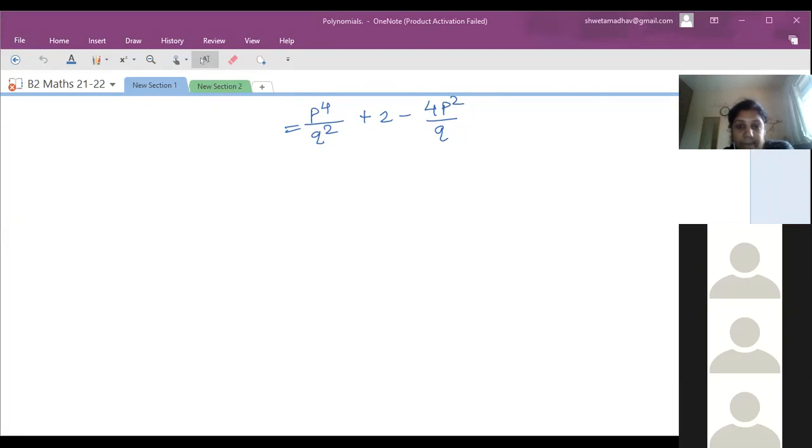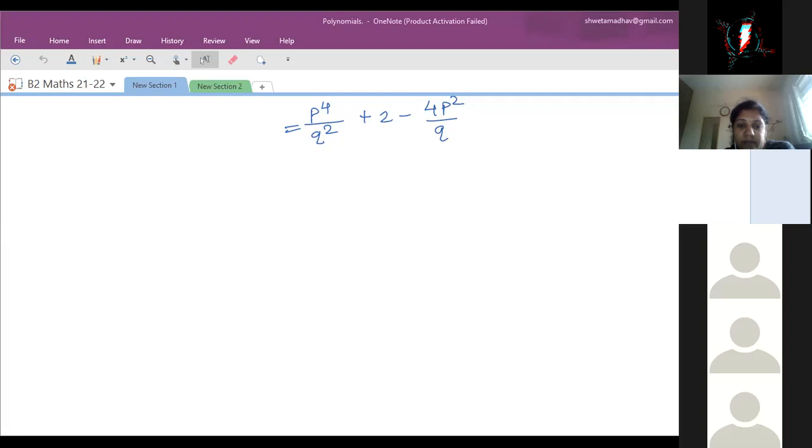Ma'am, in that question, I am getting stuck at the step when I am equating. What's the identity you have used there? Ma'am, alpha square plus beta square is equal to alpha plus beta whole square minus 2 alpha beta. Then what's the problem? You have the alpha beta value and alpha plus beta also. Substitute that and simplify. Ma'am, the problem is when k comes in, it's a simple equation, no? A simple equation you are not able to solve.